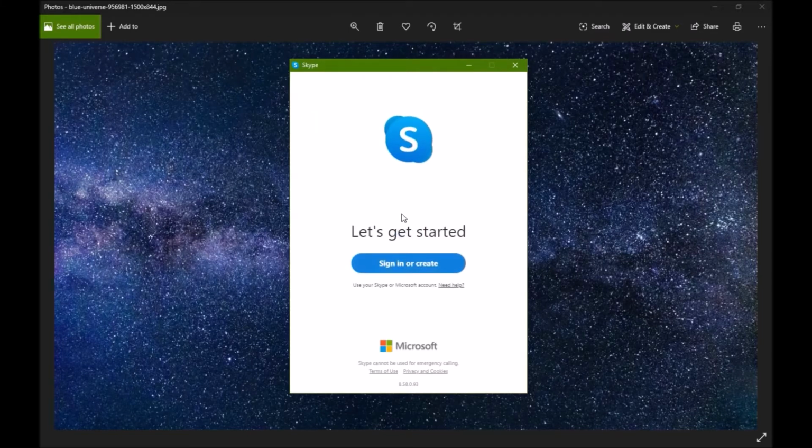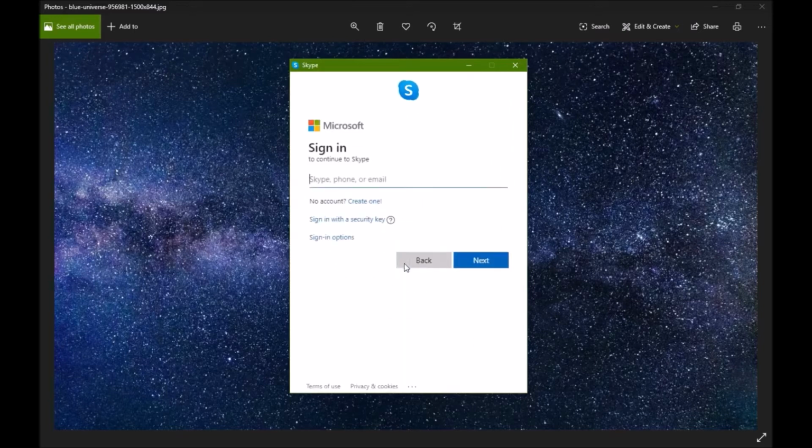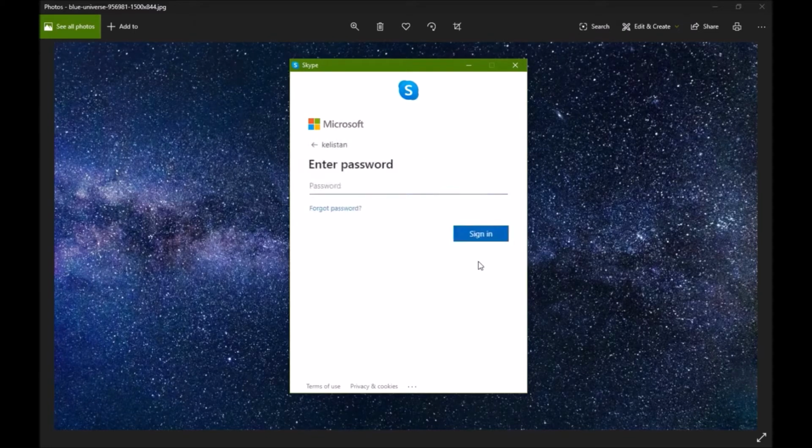If you already have a Microsoft account, simply click Sign In or Create, input your Microsoft email address, your phone number, or if you already have a Skype account, your Skype name. In my case, I have two Skype accounts, a personal account, and one that I was using while I was teaching abroad. I am going to use the second as it does not reveal any of my personal contacts. I simply type in my Skype name and hit next, and I'm prompted with a dialog box to enter my